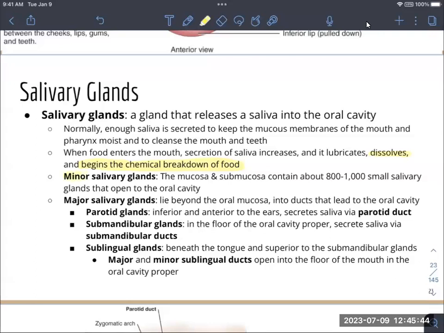We have minor and major salivary glands. The minor salivary glands are found just in the mucosa and the submucosa, and they're just going to open up into that oral cavity. While these major salivary glands, we have that parotid gland that is in the back of our cheek, kind of below our ear, submandibular on the floor of your mouth under your tongue, and then we have those sublingual glands, again, under the tongue